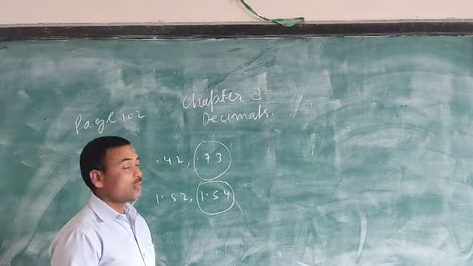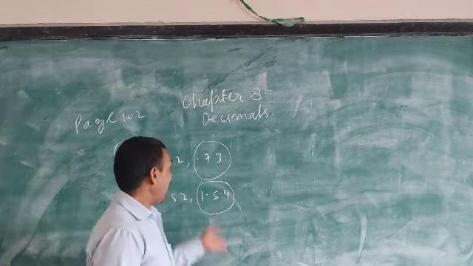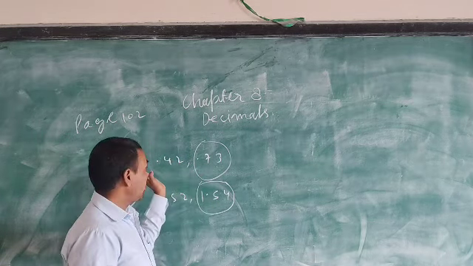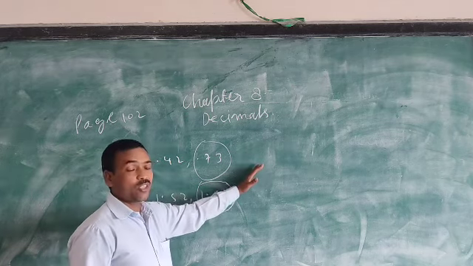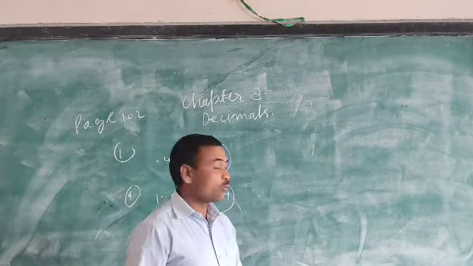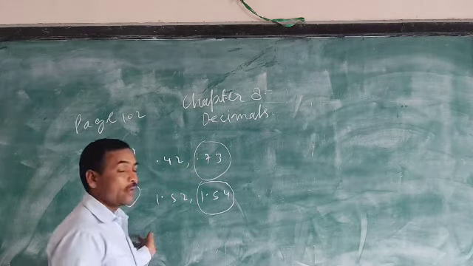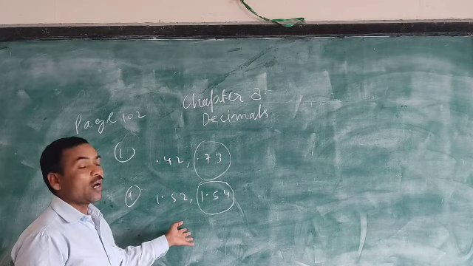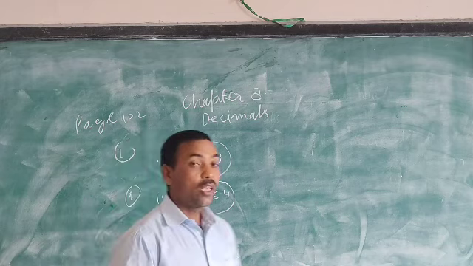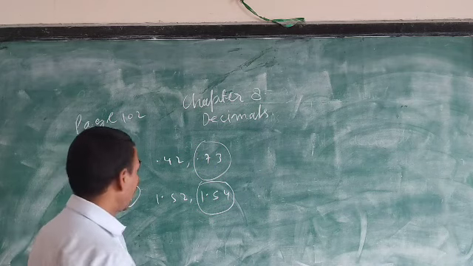in a vertical line. That is, all the decimal points you have to arrange in a vertical line, and you know how to arrange the whole number part: ones below ones, tens below tens, hundreds below hundreds, and so on. And for decimal parts, the first decimal place should be below the first decimal place, the second below the second, and the third below the third, and you can add like whole numbers, and in the answer you just write the point below the point. So in this way you can do addition or subtraction of decimal numbers. By doing some questions you can understand more.